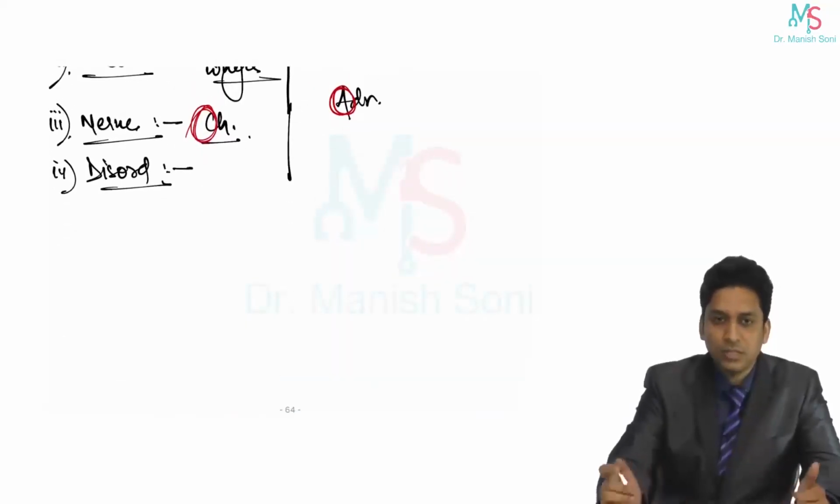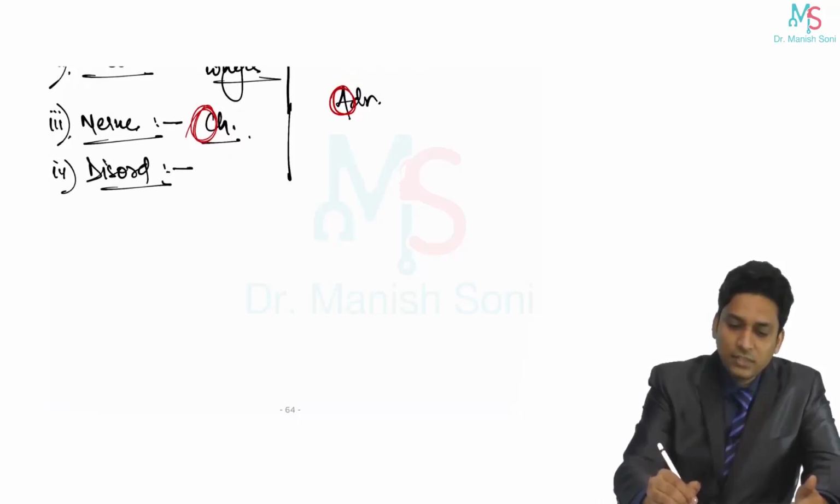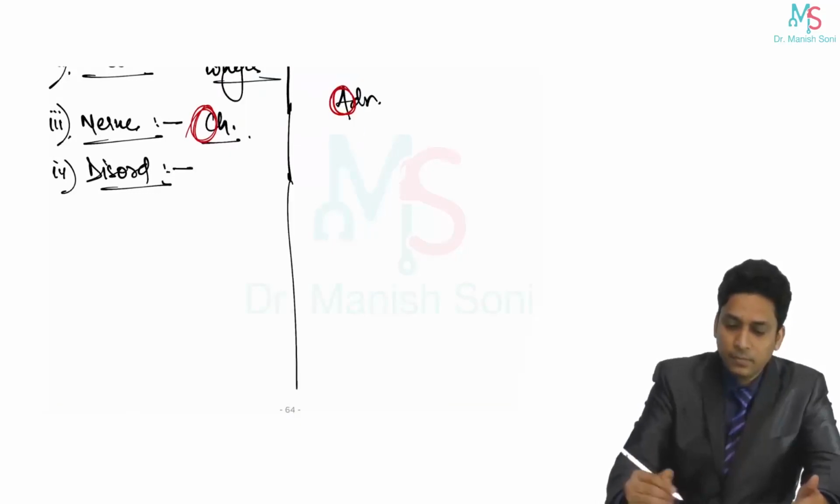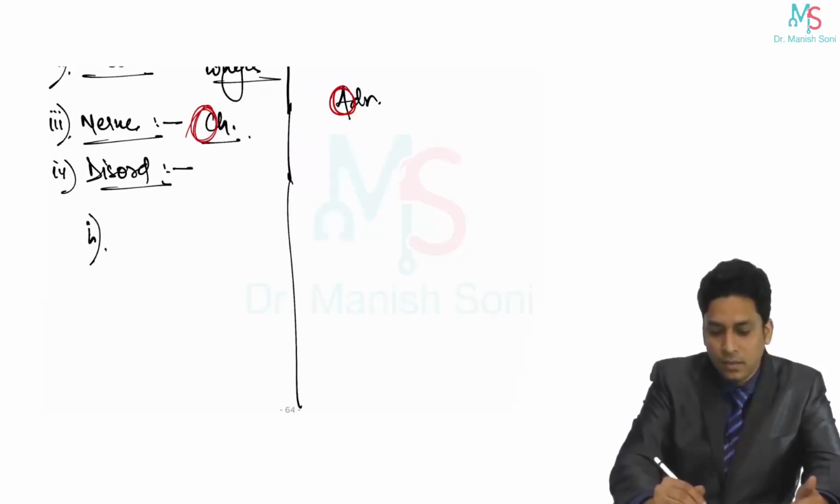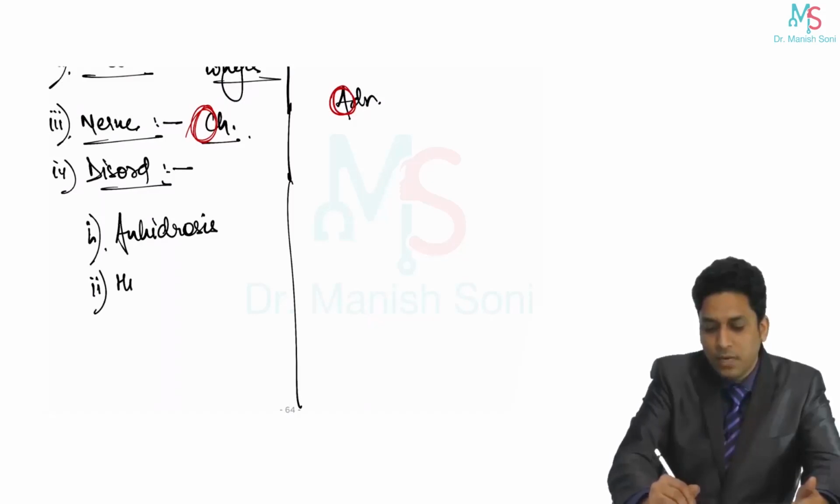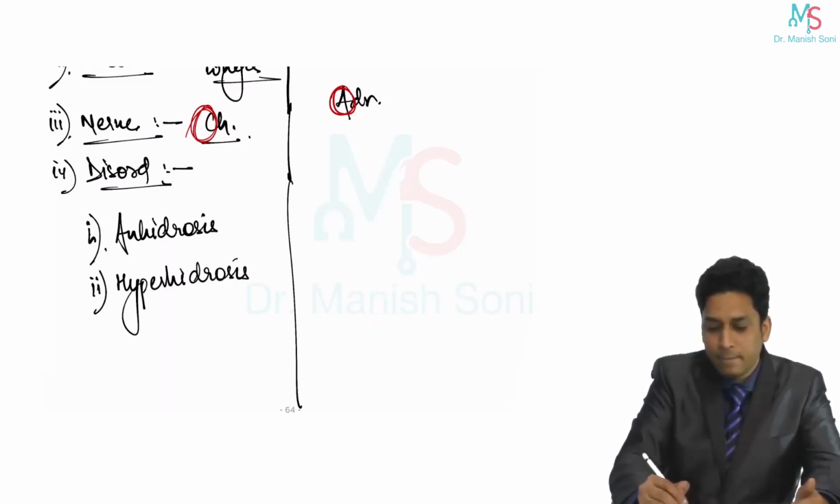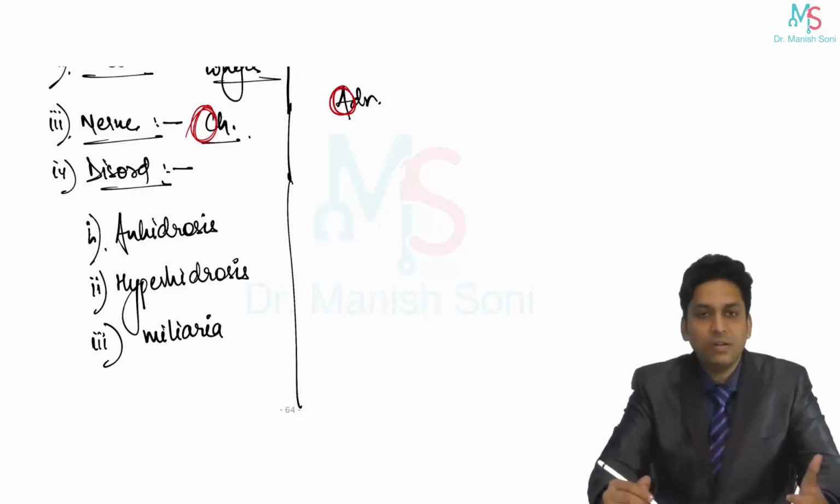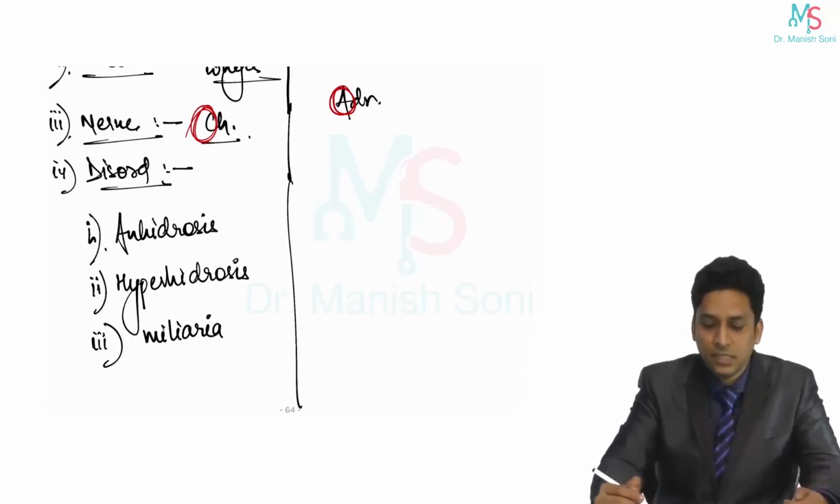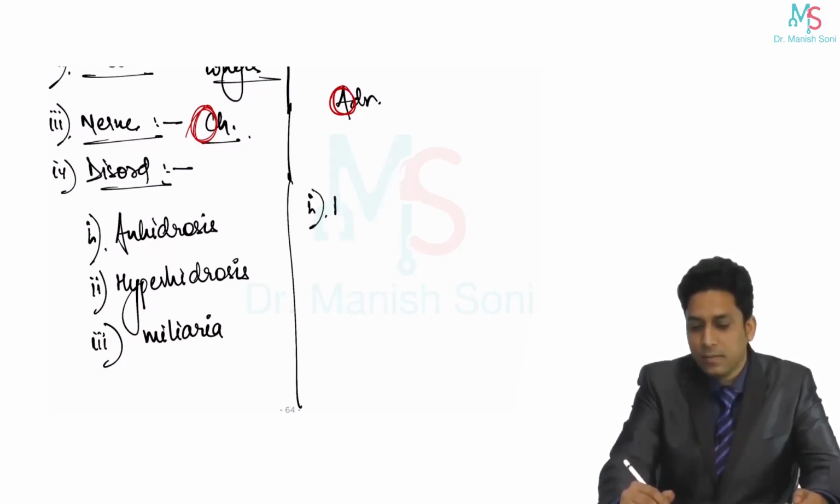Let us come on to disorders. The disorders of eccrine sweat glands are anhidrosis, hyperhidrosis, and miliaria. So anhidrosis, hyperhidrosis and miliaria, these are the disorders of eccrine, and the disorders of apocrine are